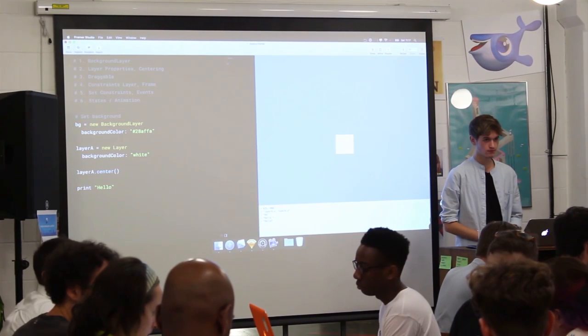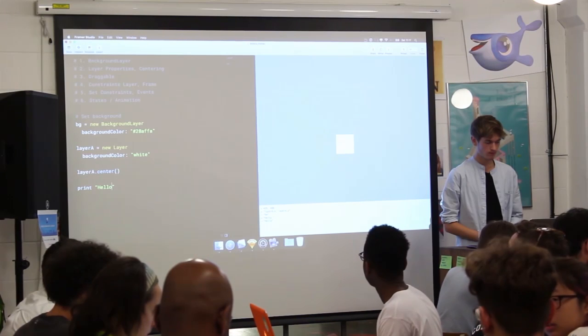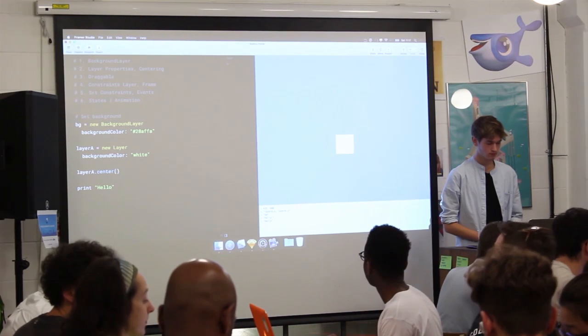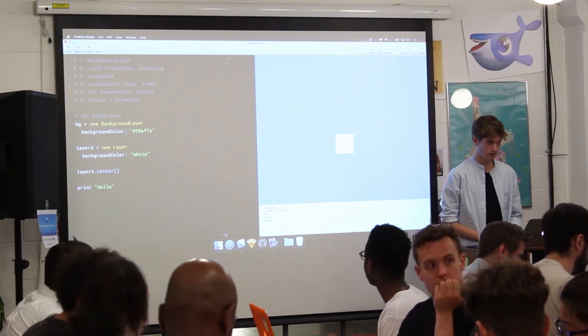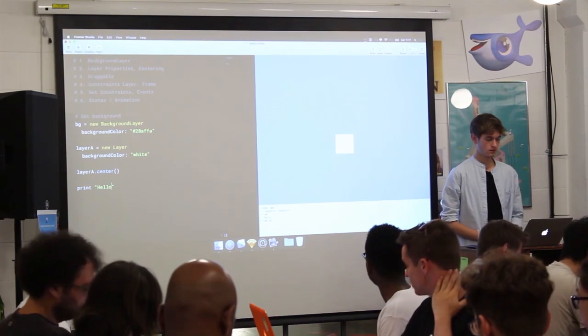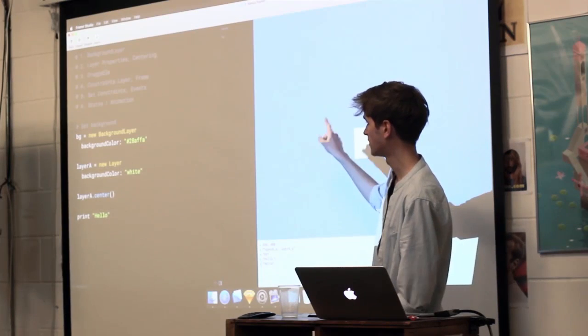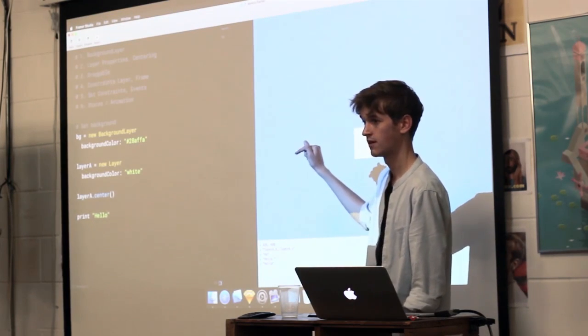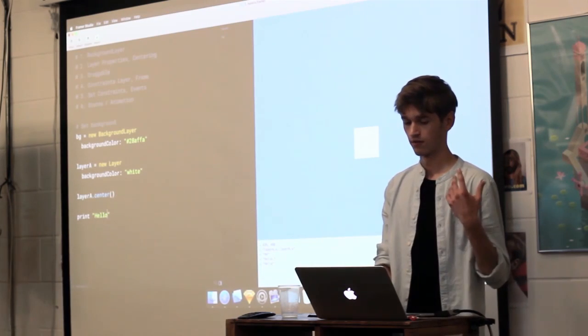So you're indenting things at different levels. What is the indentation? So background color is indented. Right. And layer A is, sorry, what is it? Indented. Yeah. So now both background color properties are indented,